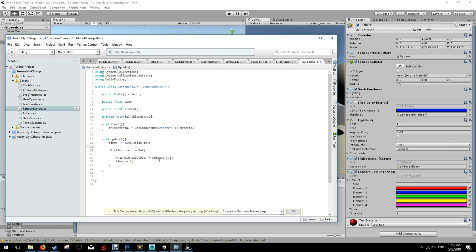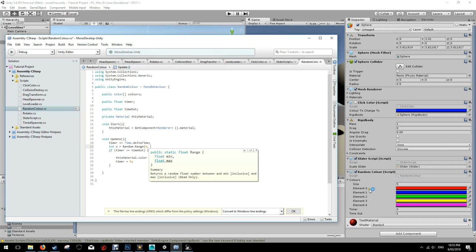So we're going to make a little temporary variable, we're going to go int x is equal to Random.Range, and you can see it takes a minimum integer and a maximum integer. So our minimum integer is going to be 0, and our maximum integer, we could put 4